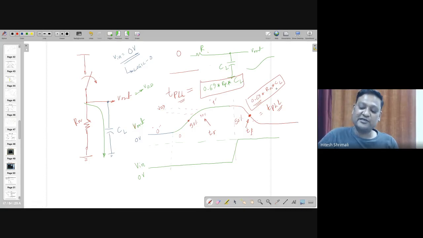These numbers will be changed, and we have to find out according to the Elmore delay, right? So we are going to discuss that in the next chapter, but right now let's understand the inverter thoroughly. Whatever I taught till now, most of the things were intuition. You can understand the things with the intuition, but some of the numbers have to be understood, like propagation delay, but other things like noise margin, then switching threshold,